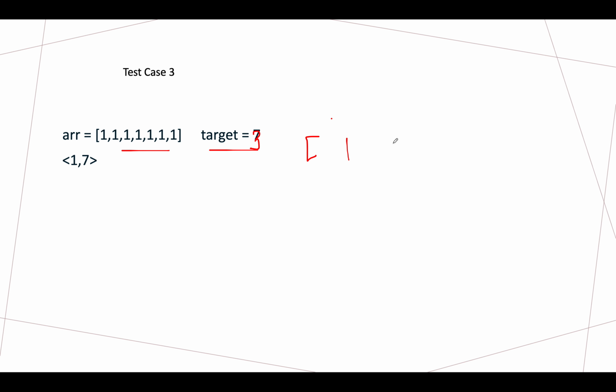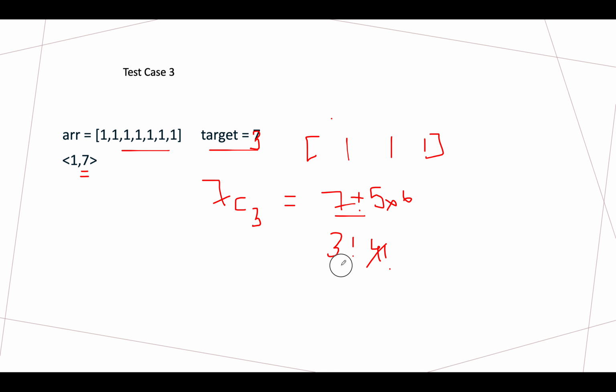This can be done as 1 1 1, and the number of ways in which you can pick 3 ones out of these 7 ones is 7C3, which is equal to 7 factorial by 3 factorial into 4 factorial. So this gets deleted and we have 5 into 6, and 3 factorial is nothing but 6. So this gets deleted by this, and we are left with 35.